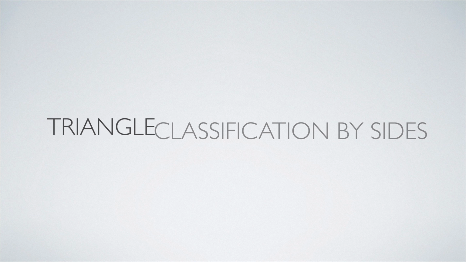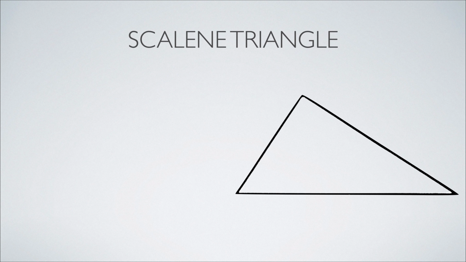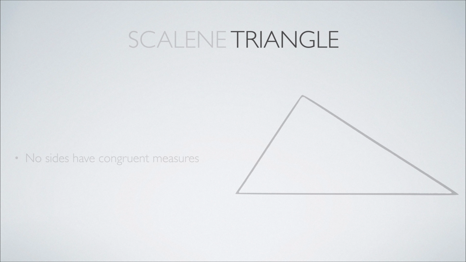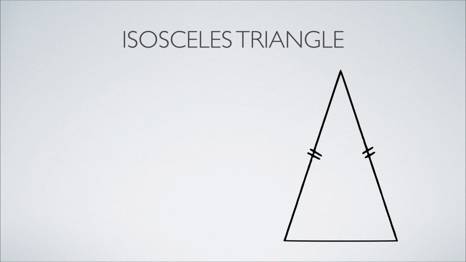So let's talk about what happens when none of the sides are congruent. That's called a scalene triangle, so none of the sides are going to be the same length. Next, what if 2 of our sides are equal? We call that an isosceles triangle. Now you might notice that whenever I write this next sentence, it's not going to just say 2. It's going to say at least 2 sides are congruent. That means that yes, if all 3 sides are congruent, it is still considered